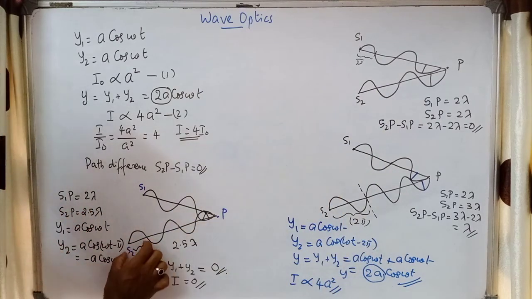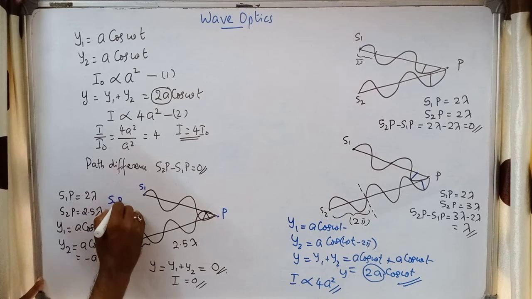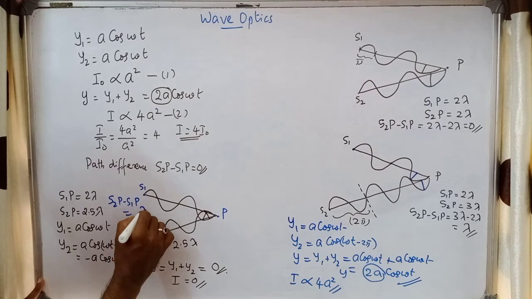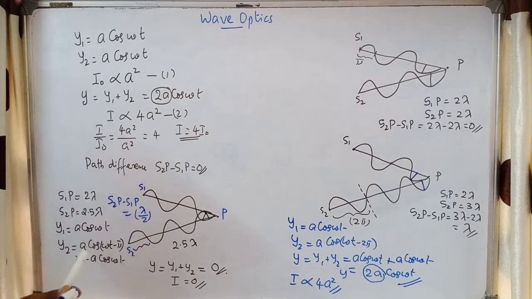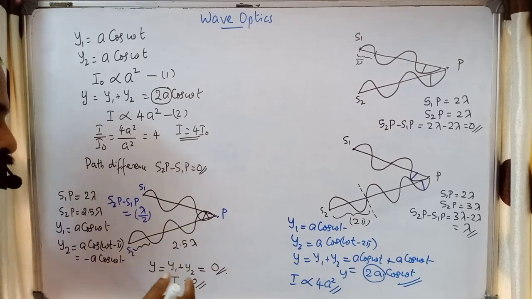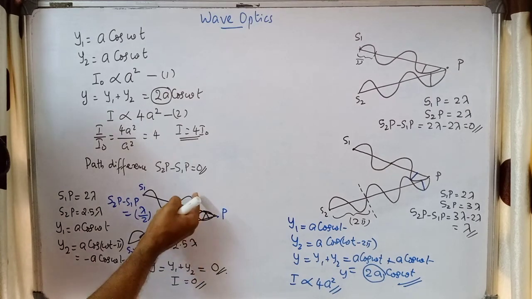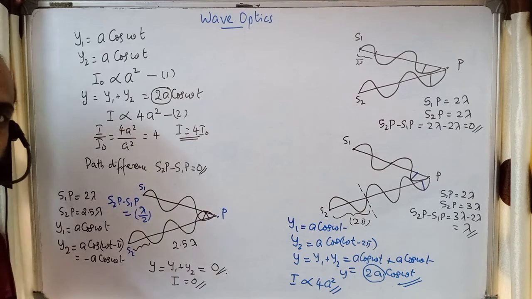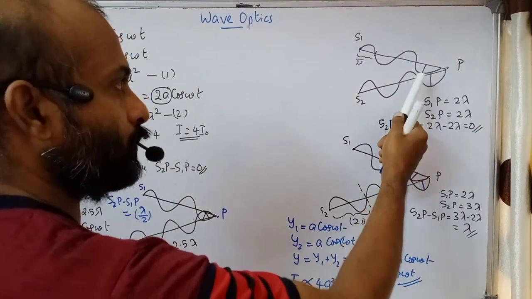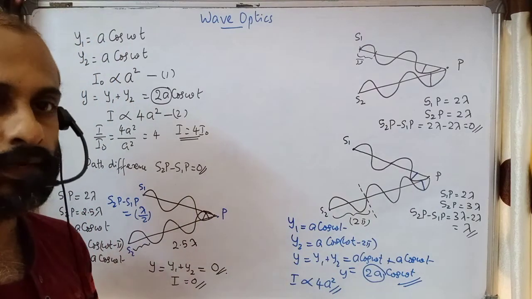And we have seen that when the path difference... what is the path difference? I forgot to write that. S2P minus S1P. We have seen that 2.5 lambda minus 2 lambda is 0.5 lambda, that is lambda by 2. So when path difference is an odd multiple of lambda by 2, like lambda by 2, 3 lambda by 2, 5 lambda by 2, we have destructive interference. Here the crest of one wave meets the trough of the other wave, so the net displacement of the resultant wave will be 0. And in these two cases the crests or troughs are meeting. Here troughs are meeting, here also troughs meeting. So displacement will be maximum for the resultant wave.